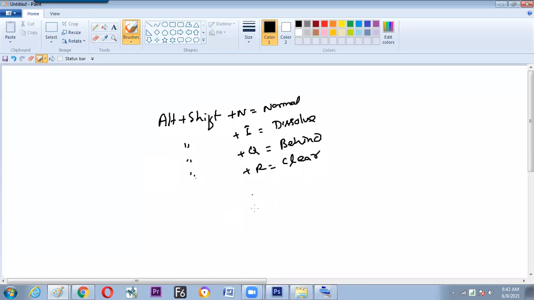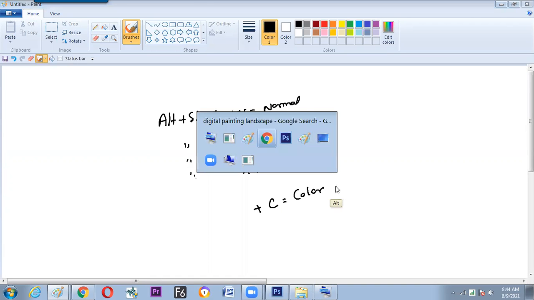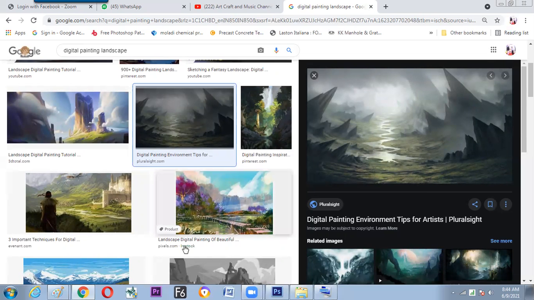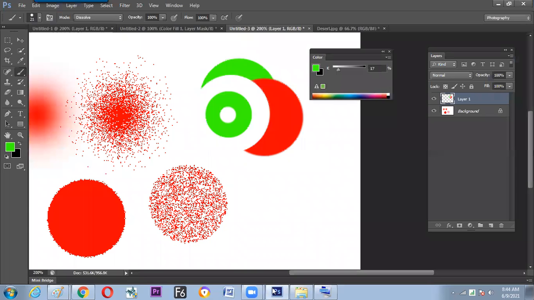And we have understood one of the modes called color mode, C for color, where we can paint our color as per the base of the skeleton, according to how much gray there is on your skin. Fine.